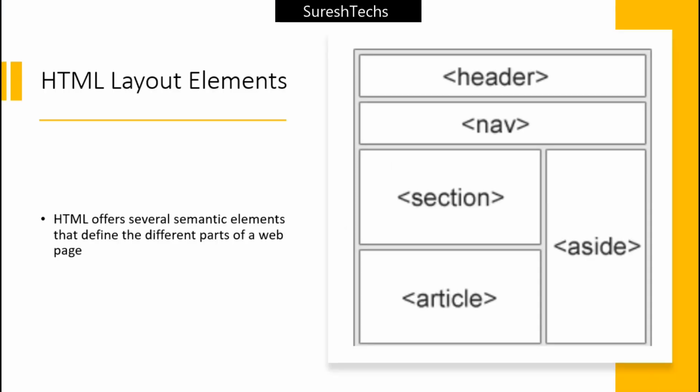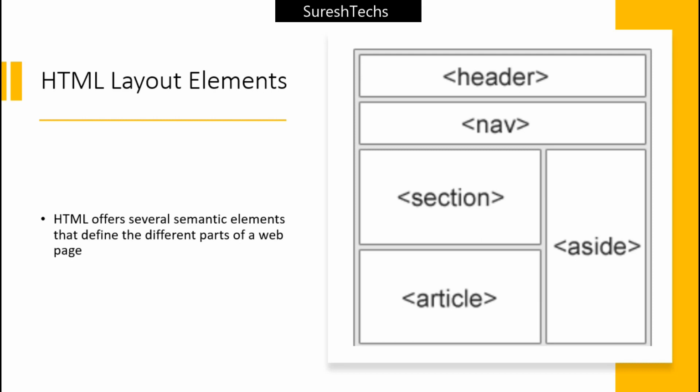So a layout basically looks something like this. On the top, there is a header, and then the navigation elements, and we'll have some sections and articles. So there are different things which are part of a layout. Don't get confused with this structure of the layout element. This is a rough idea of how to develop a well designed application.